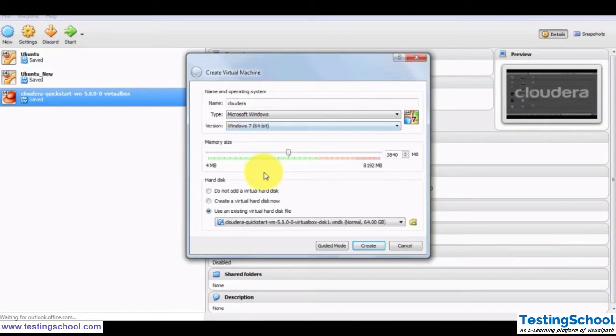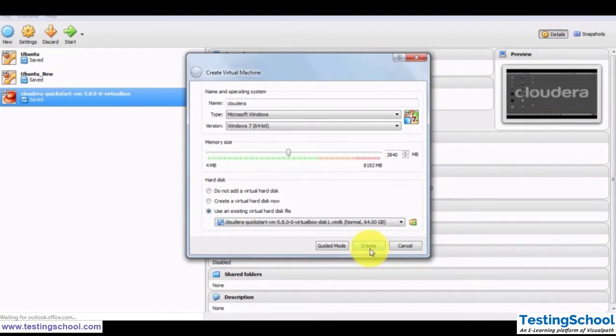Now you can see that your file is selected, and just click on the create button. Once you click on create, it will take 10 to 15 minutes and your setup will be ready for your Cloudera environment.